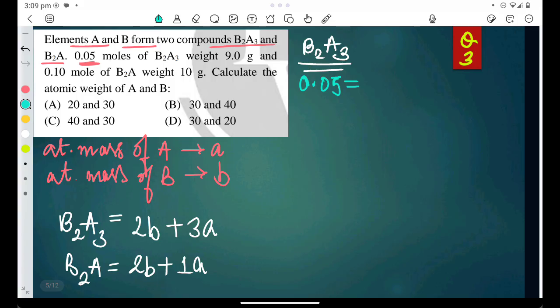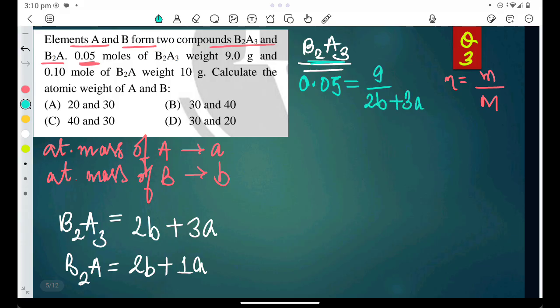We have the formula for moles, I am writing it over here. Moles is equal to given mass upon molecular mass. This is the formula I am using. So this much moles is equal to given mass. It is 9 grams. So 9 by, what is the molecular mass of A2B3? It is 2b